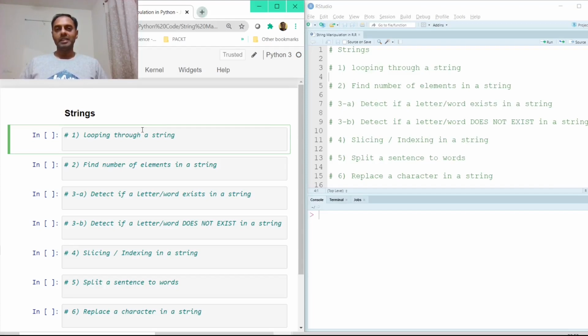So far we have been dealing with the basic data types, the if conditions, the for loop, while loop, functions, vectors and whatnot. We have also covered a little bit about strings, but we have not covered in depth, or we have not gone beyond just understanding that it is one of the data types that we have in both R and Python. So in this tutorial, we'll try to learn a few other things that we can